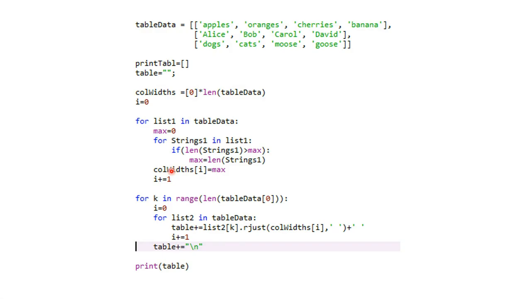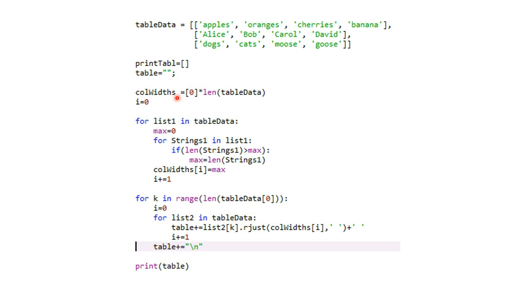So let's go. What I have taken is the table data which we showed in the last slide, and I have taken a printable array. I don't know whether I will be using it or not. And then there is a table. This is a string. So we are just checking how many columns we have here. We have 1, 2 and 3 columns.